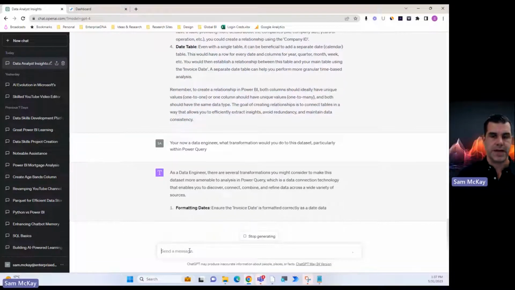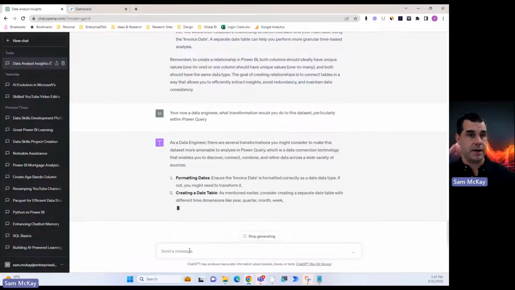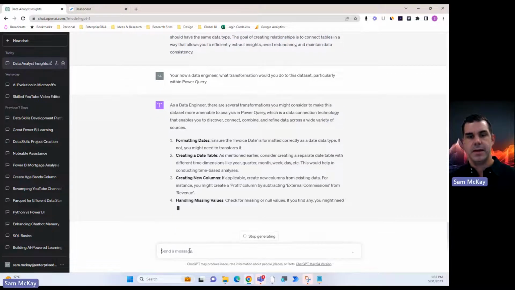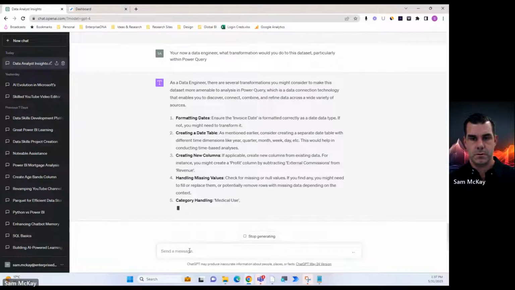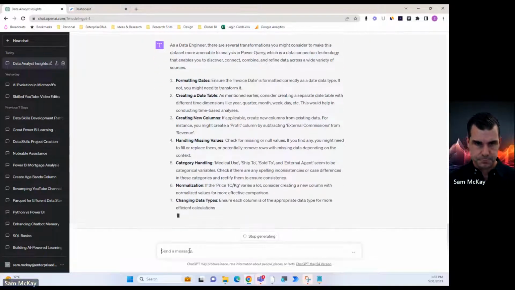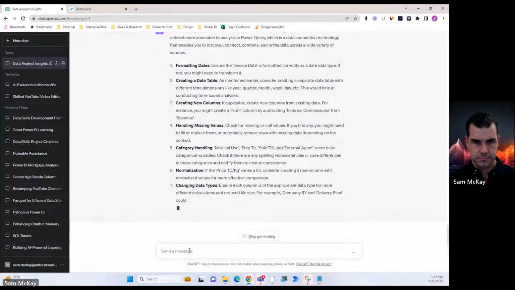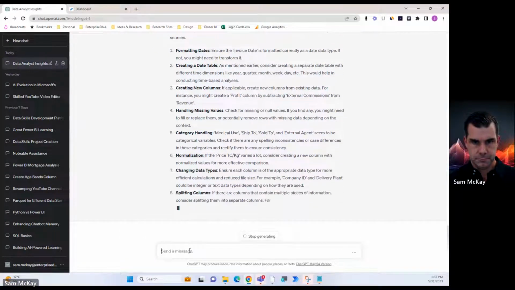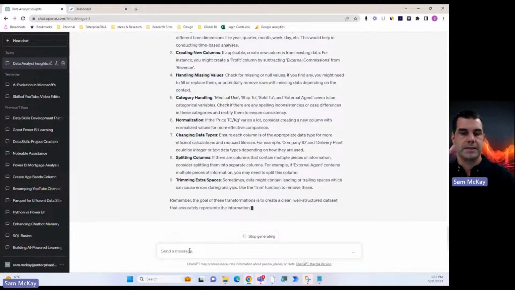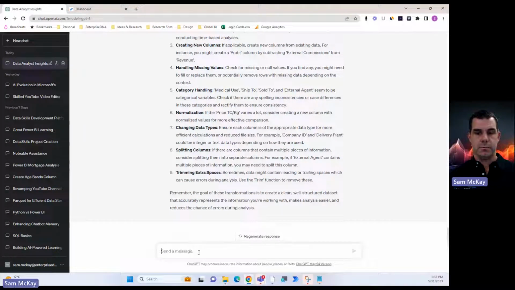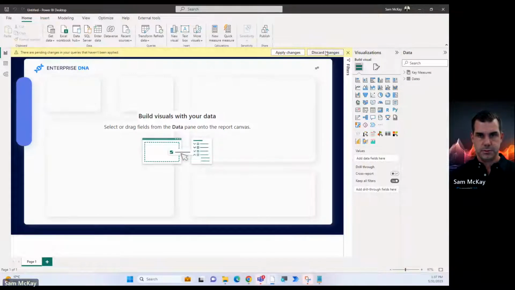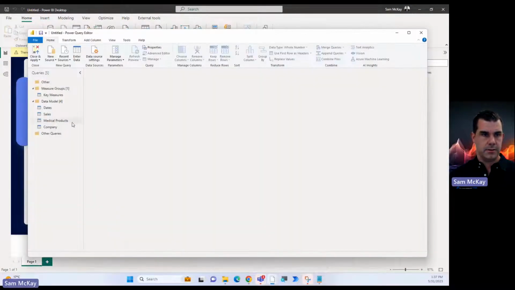Oh, that's one thing I'm going to show you as well, is how good ChatGPT GPT-4 is at this. So these are all just small things which are great. Yeah, I've got some really good ideas to show you here actually. All really good thoughts and ideas of what we can do to this particular data set. Now, check this out. Check this out. Jump back in here.